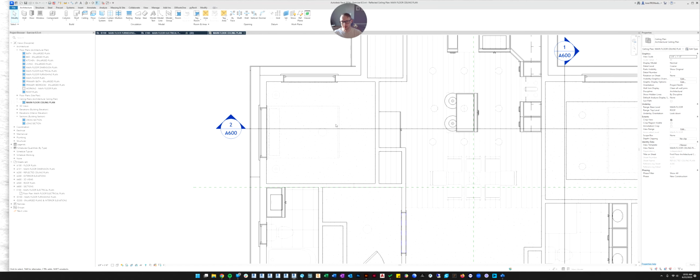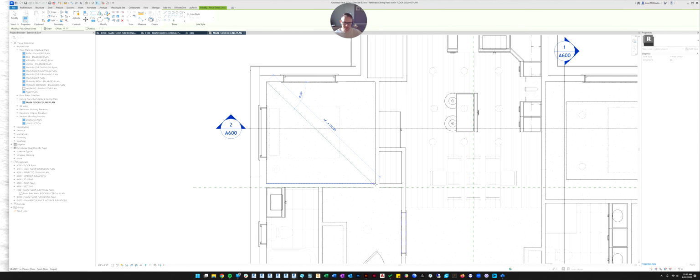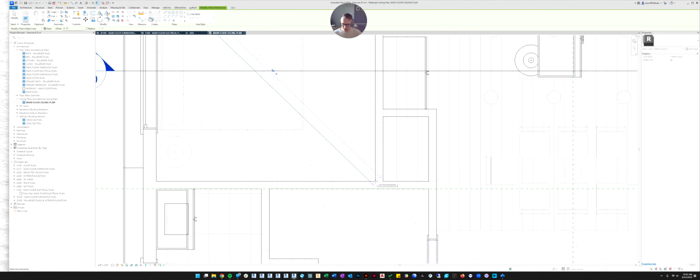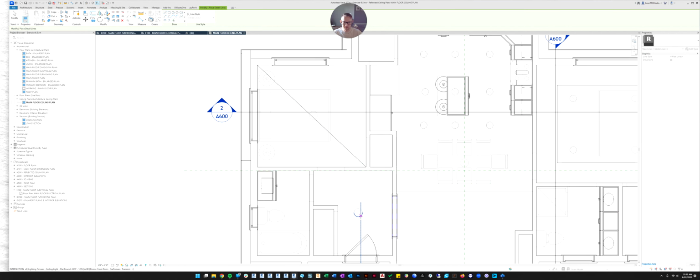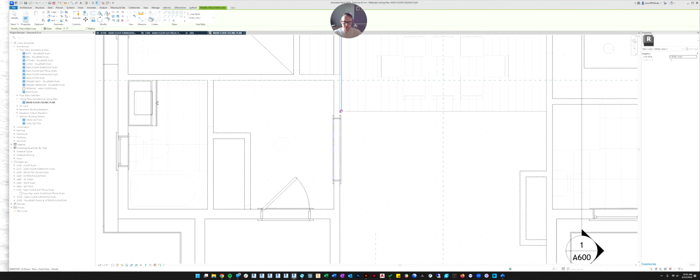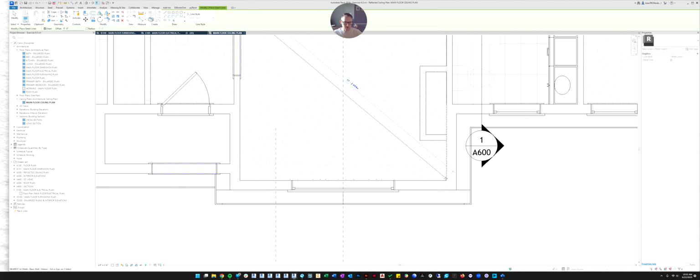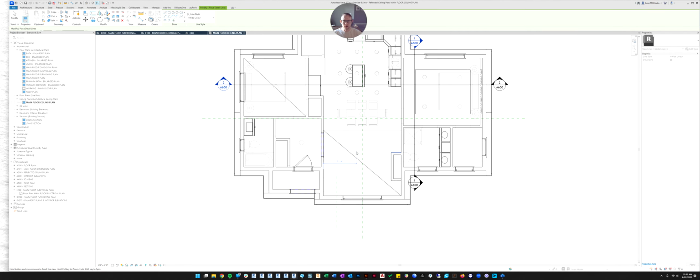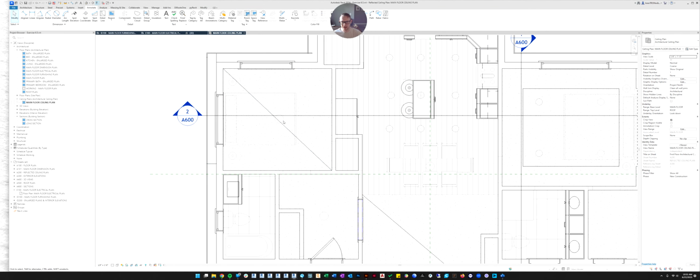And just so you know, when I'm laying out centers of a room, the fastest way for me to find them is I go to Annotate and I grab a detail line. And if you just draw diagonally in the room, like that, you can always find the middle of the room. So watch this. Before I lay out my lights, I draw diagonals in the rooms that I know I'm going to have a centered light.